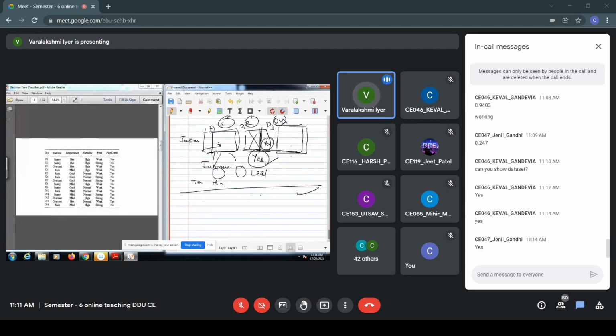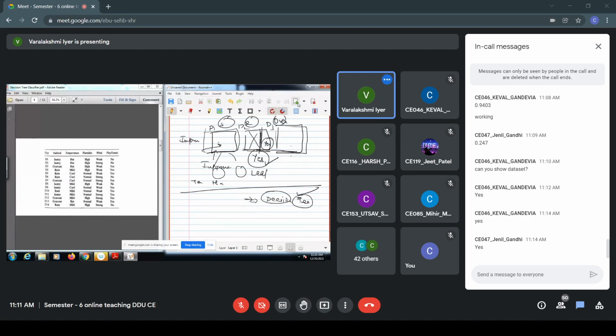So today also, try to complete this entire decision tree on your own, so that in the next lecture when we discuss, we can discuss whether you are facing any difficulty with the calculation or not. So after this lecture, try to finish this decision tree on your own by calculating the information gain and everything, so that we can discuss in the next lecture.